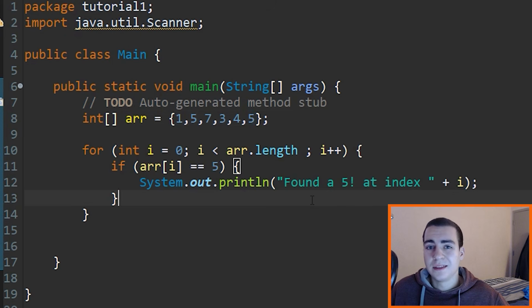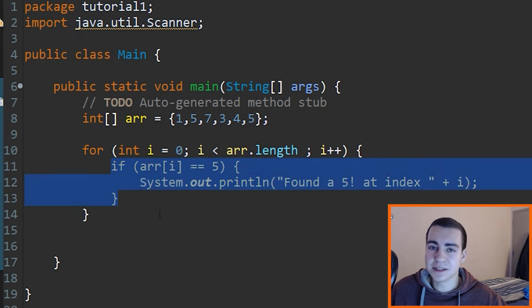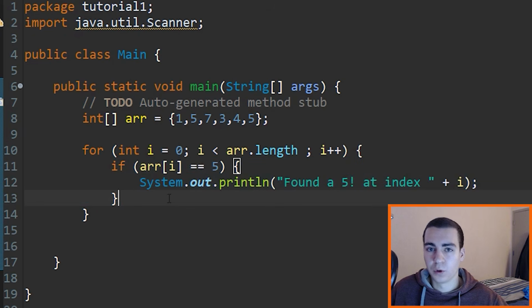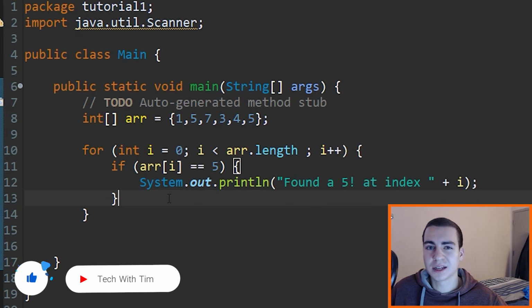Now, in the next video, I'm going to talk about looping through arrays in a different way that is easier than this, and it's called for each, okay? That'll be in the next video, and then after that we're going to go into while loops, and then once we finish while loops, we'll be going into collections like sets and stuff like that,